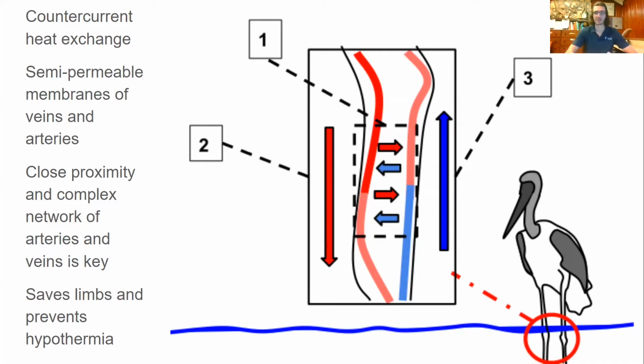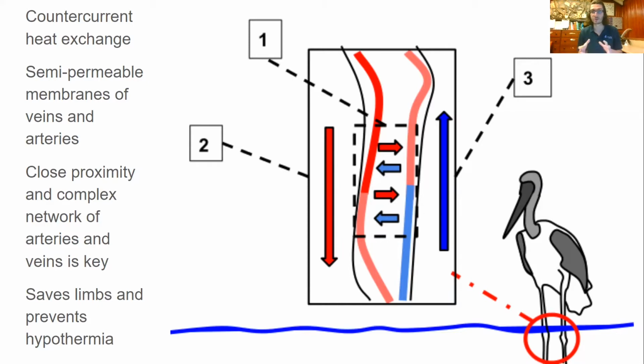We can see it happening here in bird legs, where they have complex networks of veins and arteries where blood is moving through. And these veins and arteries will have semi-permeable membranes that allow different things to move through. So if it's semi-permeable, that means things like blood can move through the membranes of those veins and arteries. And so what happens is in these complex networks, a lot of veins and arteries will be running close to